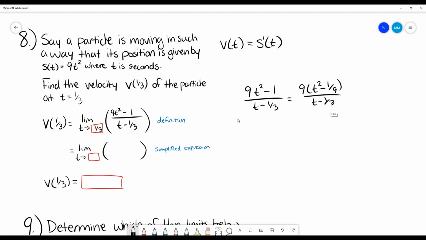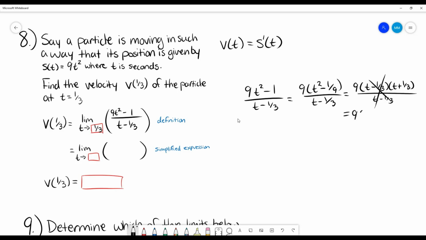Just a little bit of intuition, just practice doing these. Right off the bat, I see this is actually a perfect difference of squares. So if I factor that out, I'm going to get t, and obviously the square root of 1/9 is 1/3, so it's going to be t minus 1/3 and t plus 1/3 over t minus 1/3. These cancel,